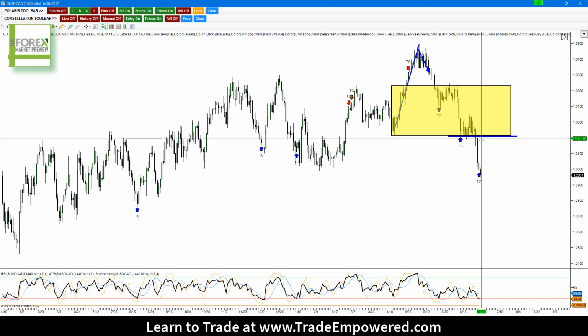I'm like a mercenary in the market, guys. I don't really care what pair goes up or what pair goes down, what pair is long, what pair is short, what pair is weak, what pair is strong. I can really care less. I just want to be on the right side of the move. So if something on this chart shows me that we're more likely to go down before we go up, I want to be involved in a short move. If something on this chart shows me we're more likely to go up than we are to go down, I want to be on the long side, right? I don't care about my last idea.